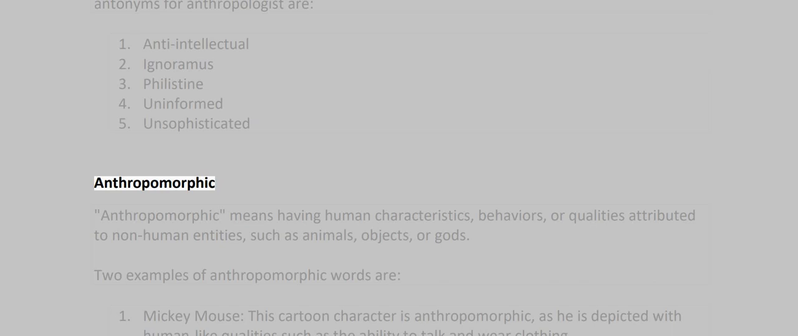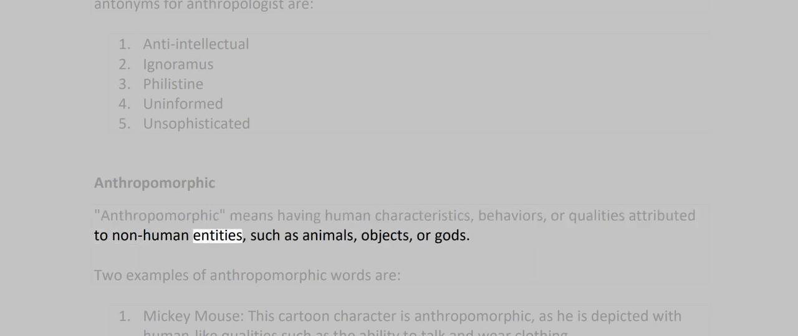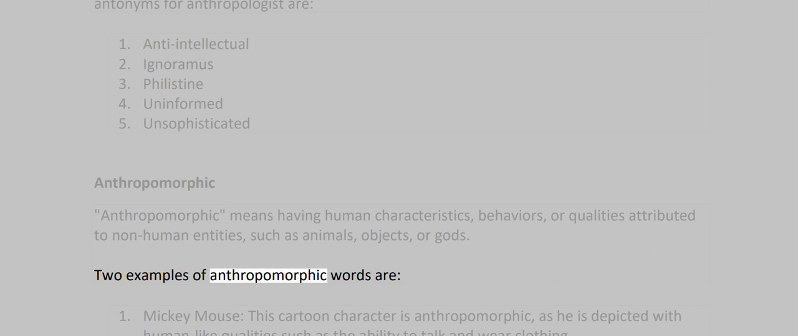Anthropomorphic. Anthropomorphic means having human characteristics, behaviors, or qualities attributed to non-human entities, such as animals, objects, or gods. Two examples of anthropomorphic words are